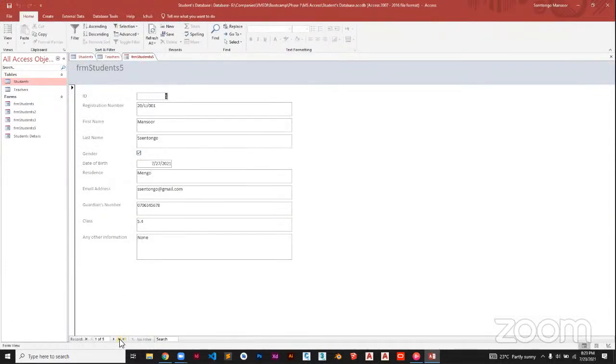So you can click on this button to get a new blank record, or you can click on this to go through the records. When they are done, you'll get a blank record where you can enter different information. Like here, you enter different information, then this very information will be going into our table. So if I click next, then I check in the table. Yeah, you can see the